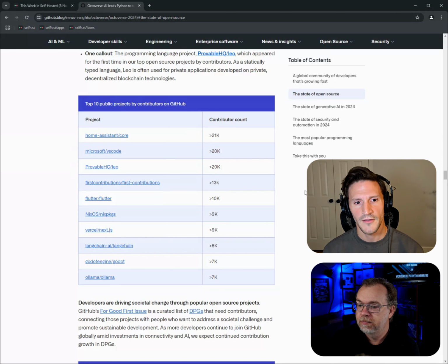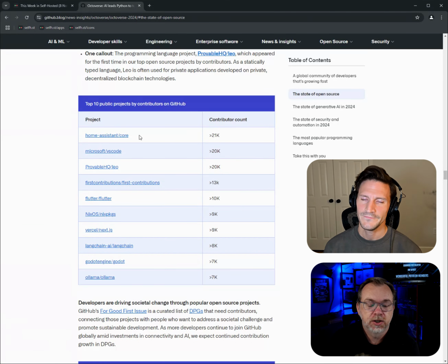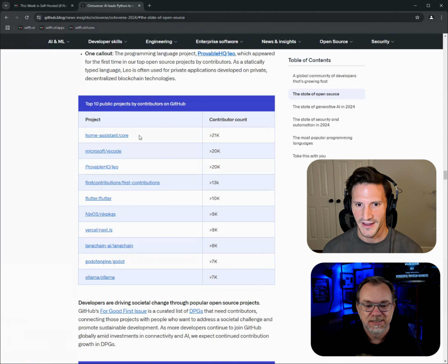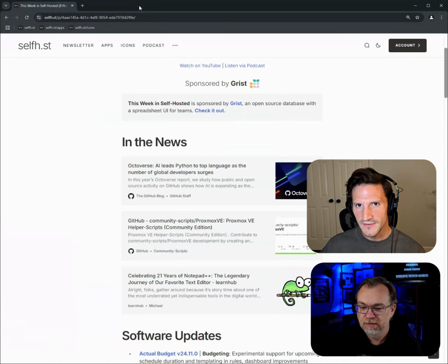Oh, you're right. This is the core repository. Huh. So if that's just the core, then with plugins and add-ons, that number goes way up, I would think. I can't even imagine what that number is when you factor in the community store and all the stuff that comes along with that. That's crazy. And so we're actually going to chat a lot about Home Assistant this week.